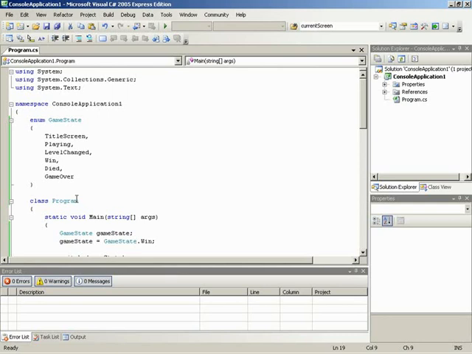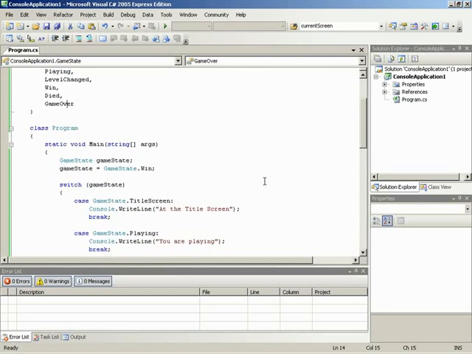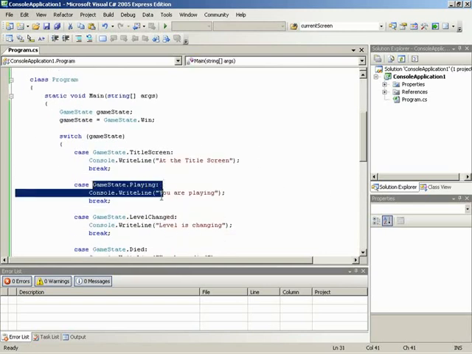No, just that the key is that you get to work with everything as a textual label instead of having to work with specific values. Like you said, each of these are, of course, assigned a value automatically, but throughout this entire example, we didn't care about what the actual value was, only that each of these are unique and different from all of the others, so that we know that if we're in the playing state, we're not in any of these other states. Exactly. So the key is that it makes the code a lot easier to use and read. If you come back into this code years later and you look at this state, well, it's obvious